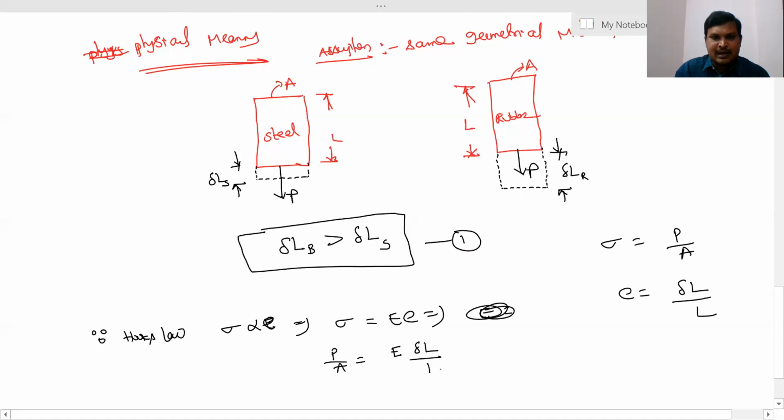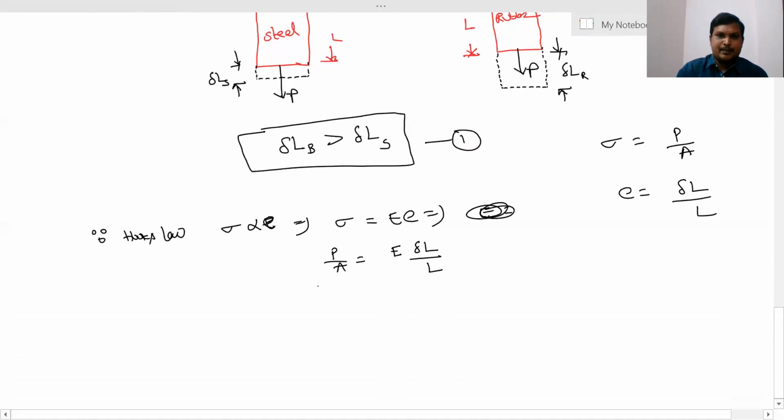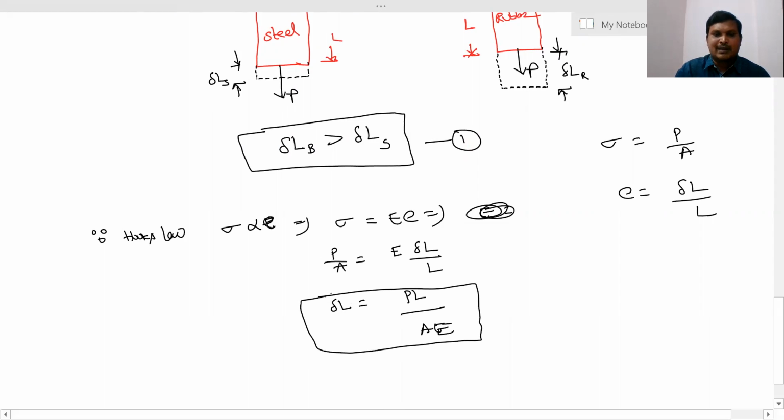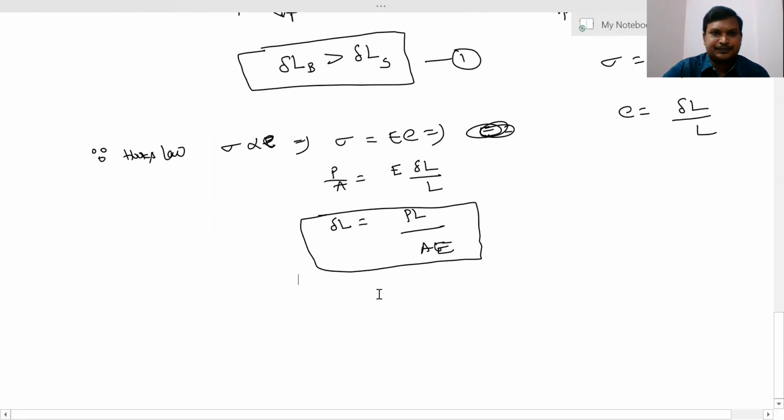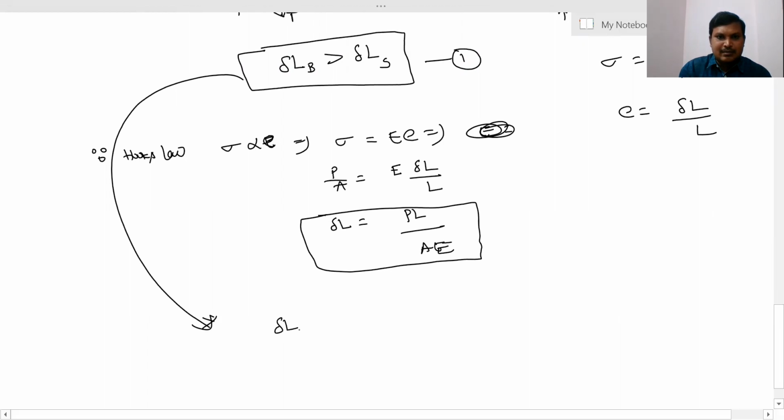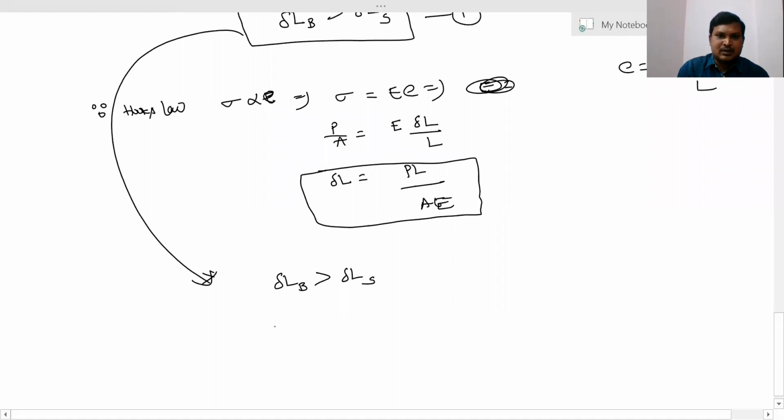Strain is equal to delta L by L. So we can note that delta L is equal to PL by AE. From this equation, delta L is equal to PL by AE. So here, delta L of B is greater than delta L of S. Is it clear? So delta L is equal to PL by A times Young's modulus of